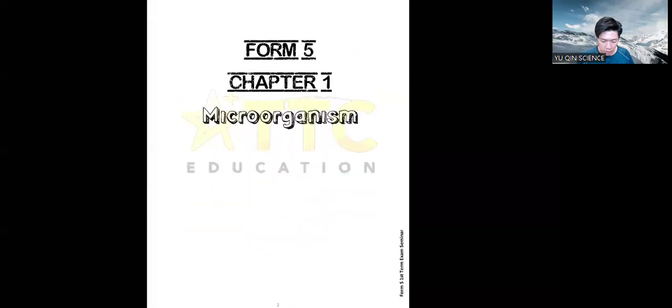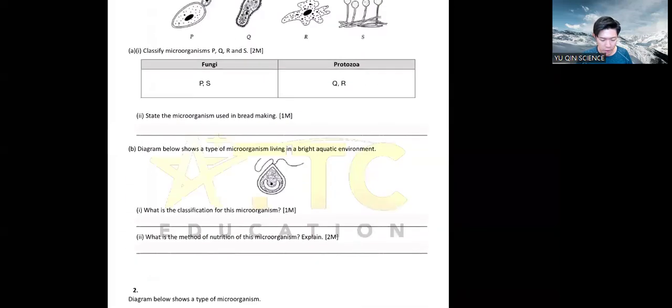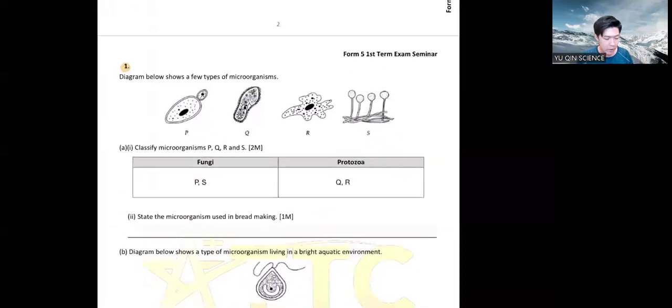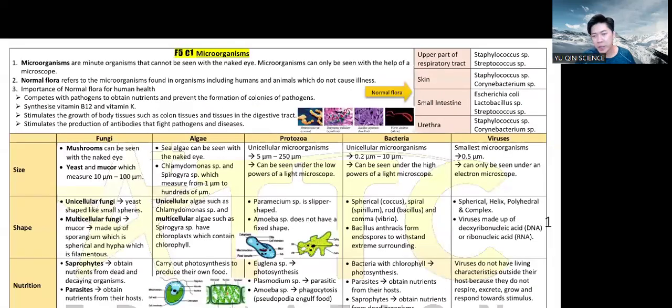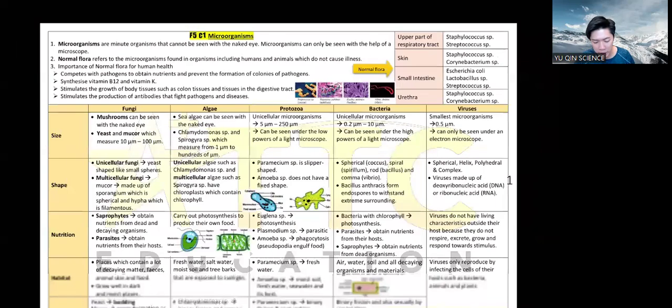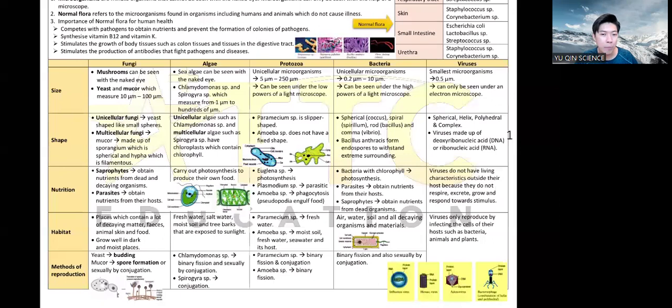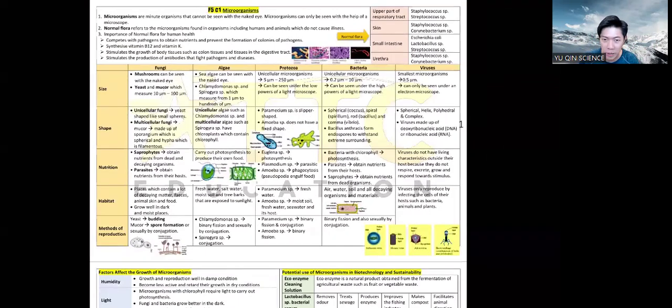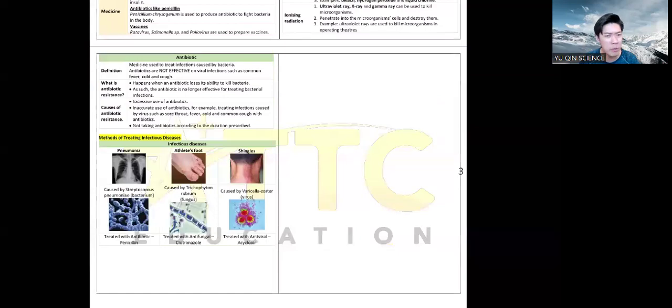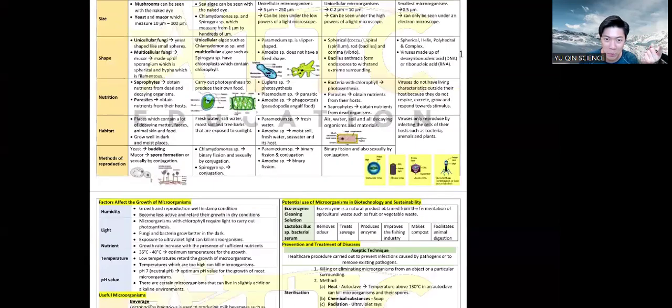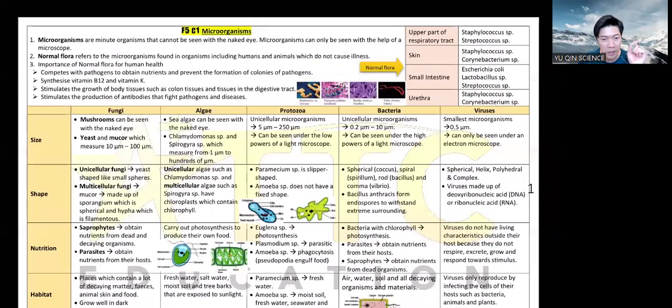Okay, so chapter 1 starts off with introducing different types of microorganisms. A lot of details, I can't be reading one by one for you, so I made this short notes for you to study on your own, cut down your study time so you could save time on each chapter. So I have only 3 pages, like 2 papers only, for chapter number 1. So it really shortens your study time and you increase your working time.